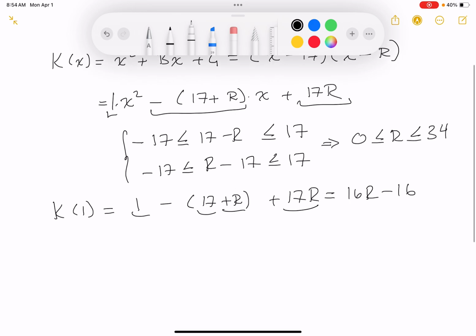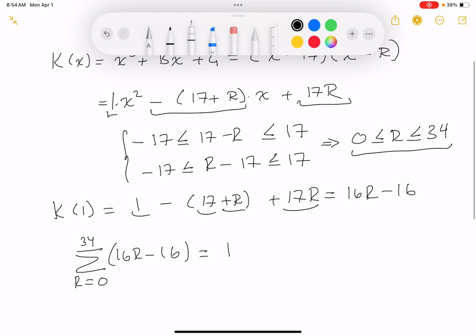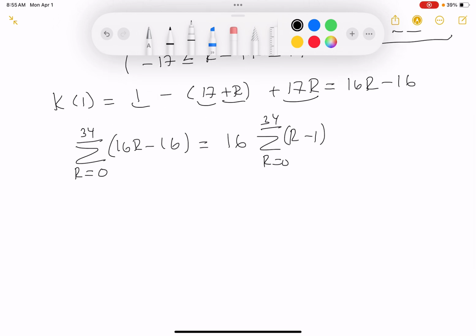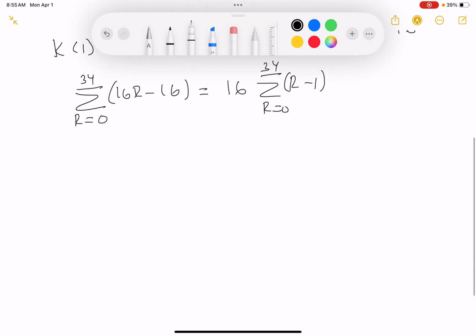But the r's vary from 0 to 34. So I'm left with the sum, r equals 0 up to 34, of 16r minus 16. I'm going to factor out a 16: r equals 0 to 34 of (r minus 1). Now it's an arithmetic series, and those are pretty easy to sum together, but I still want to go through it. What's that going to be? That's going to be 16 times